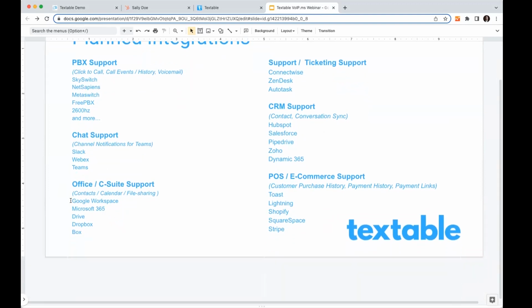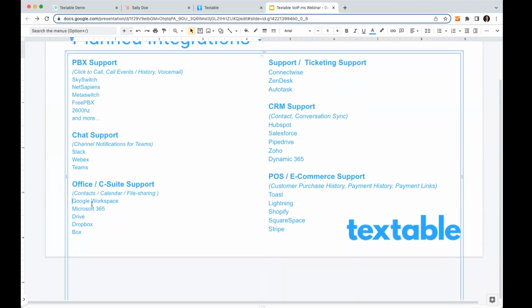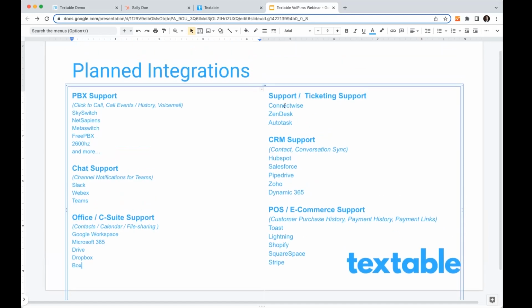So the idea for these would be to pull in contacts and calendar sync for appointment reminders or contact lookups. Drive, Dropbox, and Box, Workspace and 365. The idea there is that maybe pulling in an MMS attachment from your Drive might be something that you can do. Some support and ticketing software that we've had requested: ConnectWise, Zendesk, and Autotask.